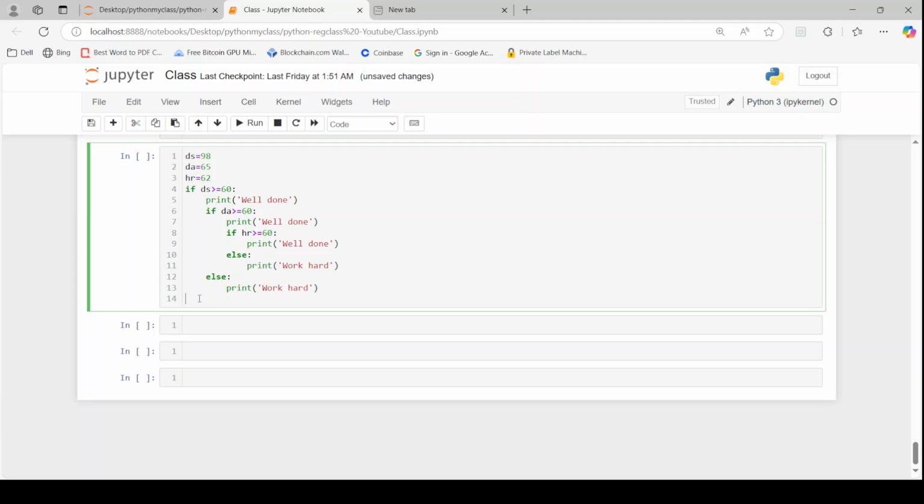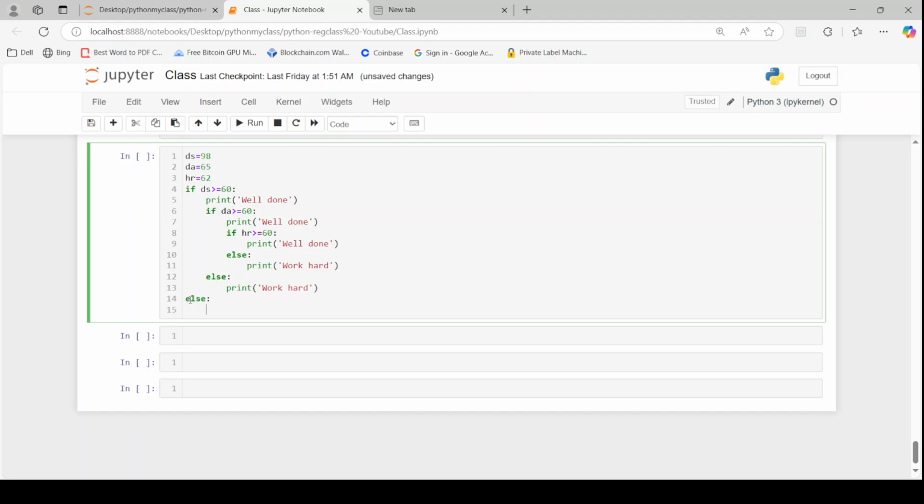Hit enter and come down here. Now for this if condition also, I didn't give any else, so here you can give else. So this particular else belongs to this particular if condition. Here it checks if ds greater than or equals to 60. Suppose ds is not greater than or equals to 60, ds is less than 60, then